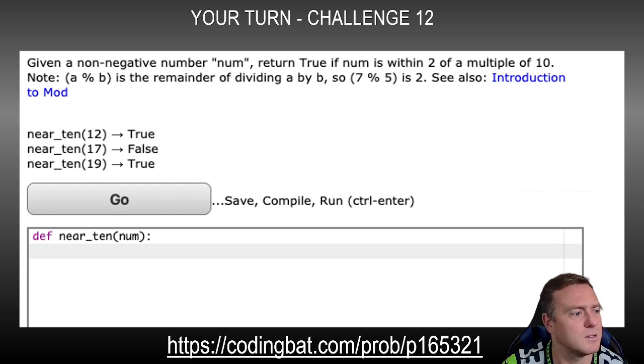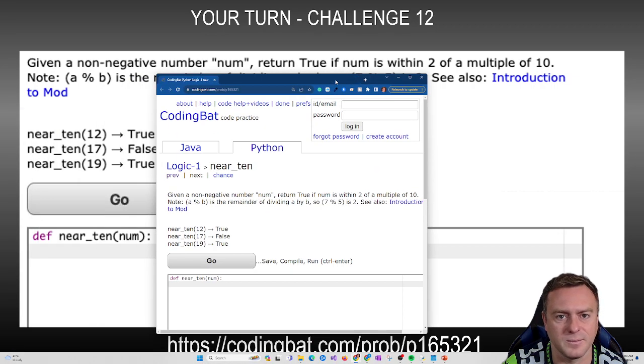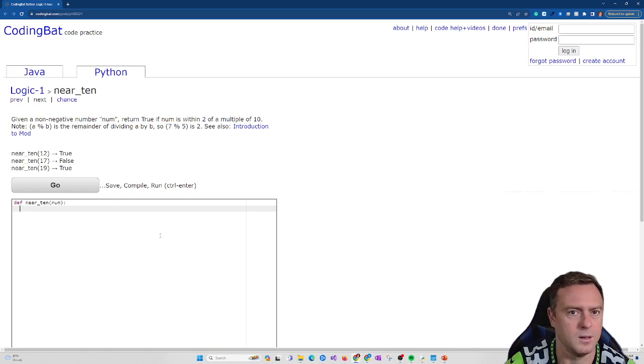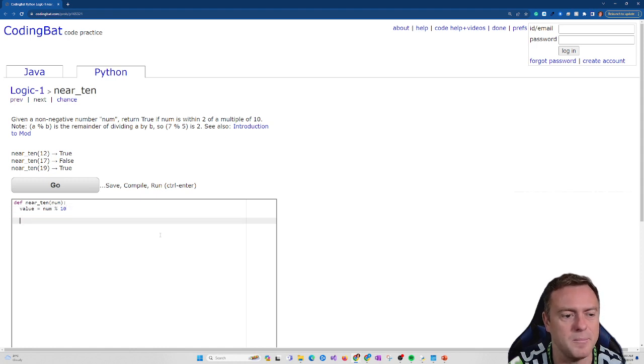So let's think this through. This is a little bit trickier. Let's go. Are you is equal to num mod 10. So that's going to give us the number. Then we want to return true if the value is within 2 of that. So it's either going to be 1 or 2, or also